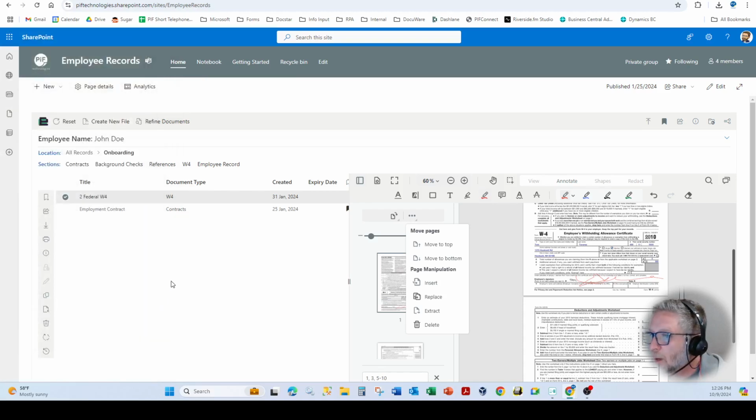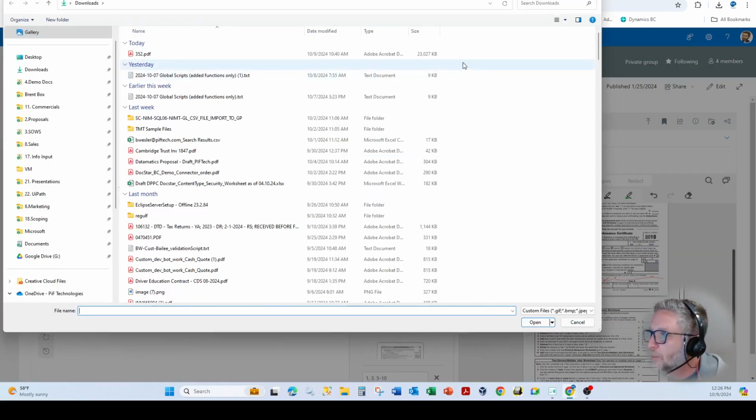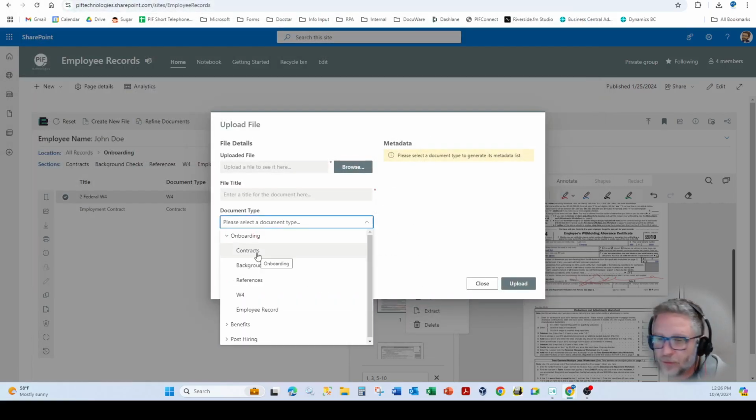You're able to import additional documents. So you do have the ability here to upload additional documents. You can browse out, grab a particular file, and then give it the document type. And as you see here, again, it's metadata driven versus folder driven. So you can do daisy chaining or cascading field selection. If I select onboarding, and then select contracts, it's a daisy chain kind of capability there in terms of